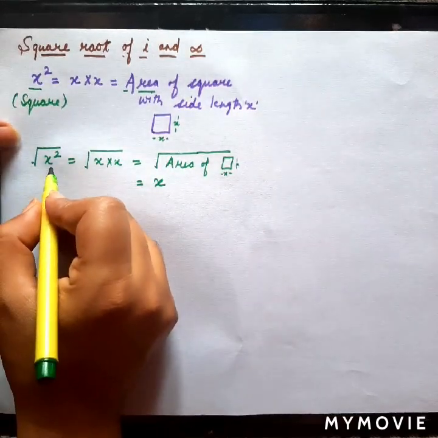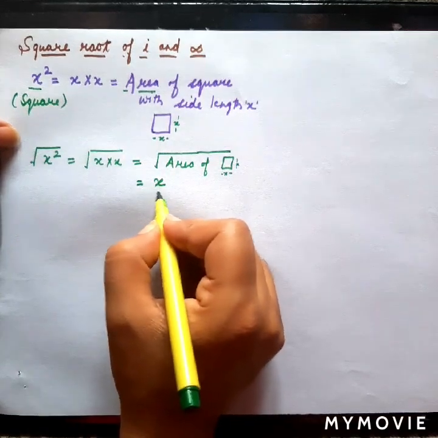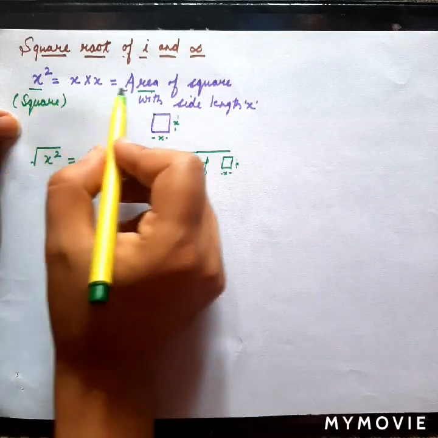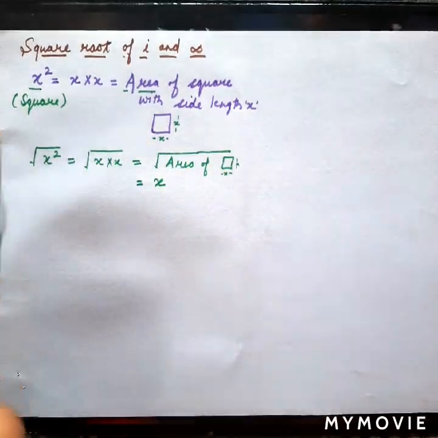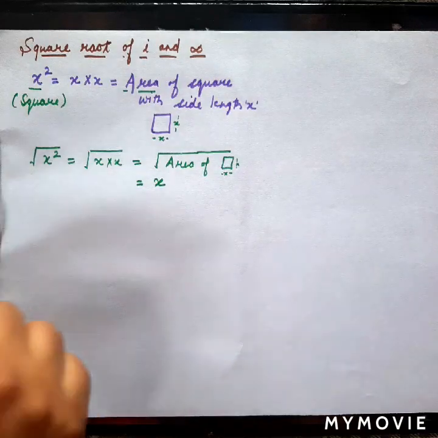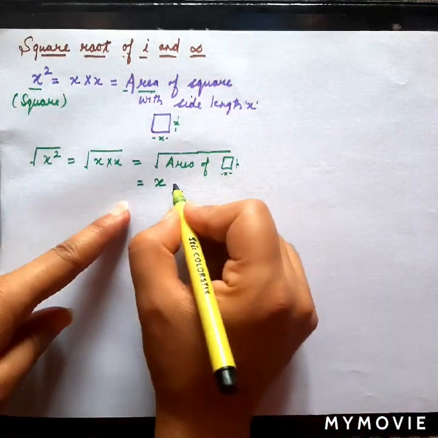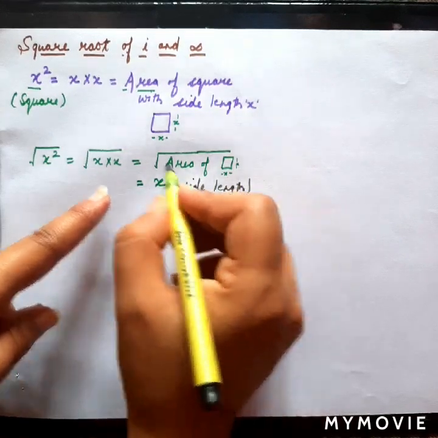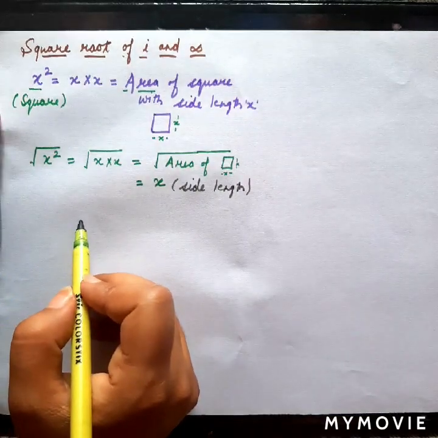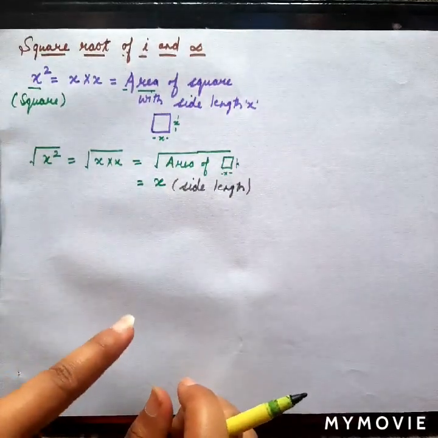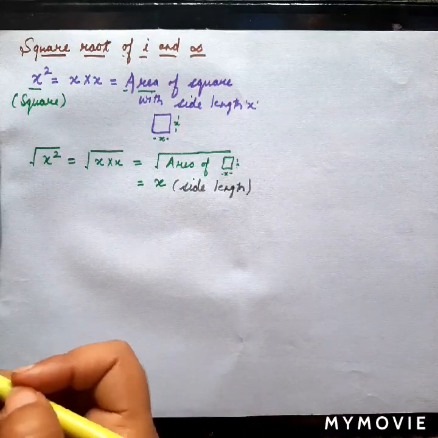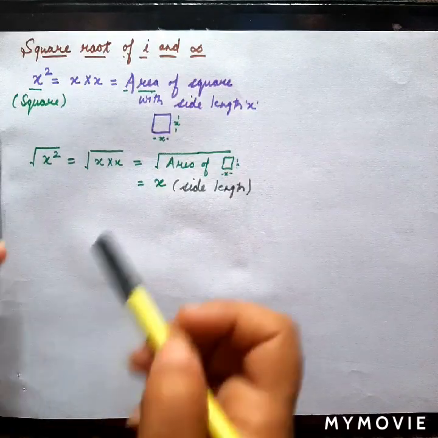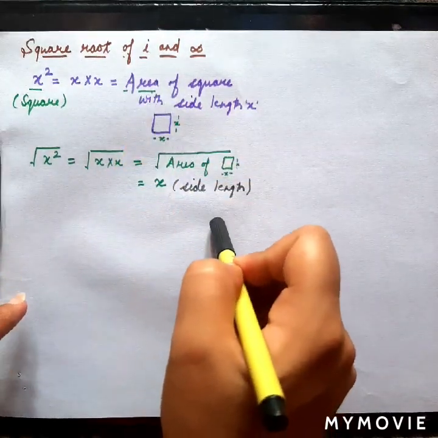So square root of any number will actually give us a side length of the square, right? So square of any number will give us area of the square, and square root of any number will give us side length of that square, fine. This is the geometrical representation of a square or a square root. Why I'm explaining this way of square and square root, because we have to find out square root of iota and infinity, fine. We will explain this with the help of this geometrical representation.